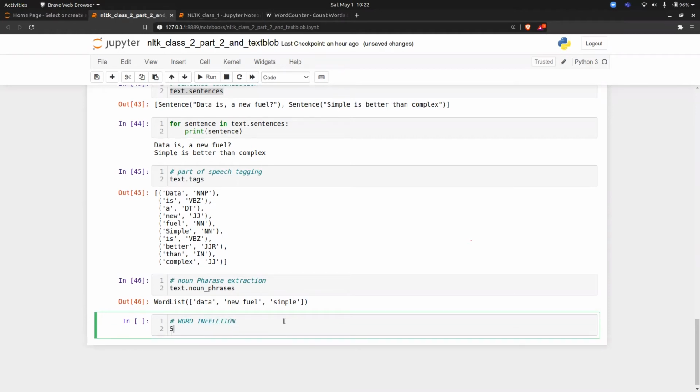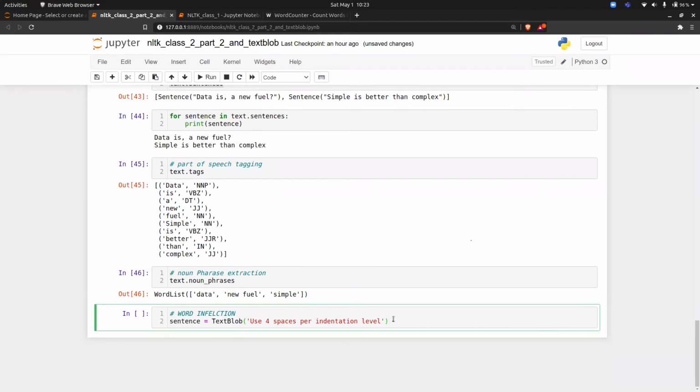Let's take a sentence. So sentence equal to text block, and I pass a sentence: Use four spaces per indentation level.